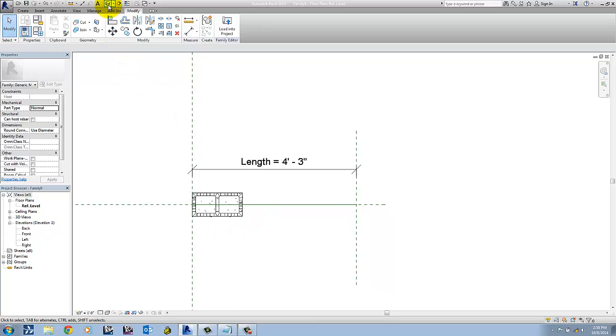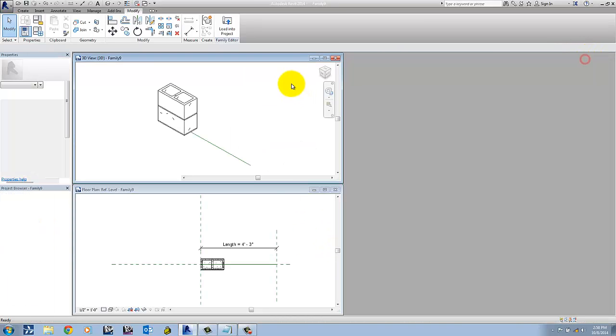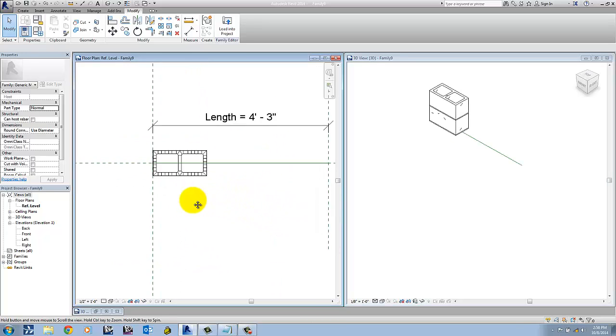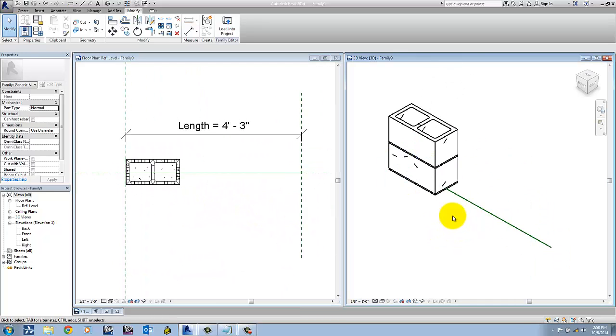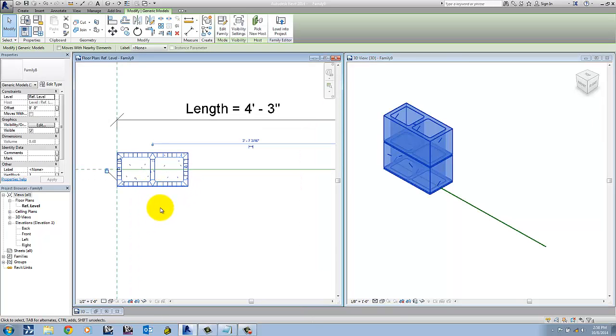All right, awesome. So let's look at this thing in 3D. That's my previous family. I'm just going to minimize it. All right, so there's my reference line, and there's my family, family 8, loaded in. So what I want to do is, obviously this instance length of this line base, that's what you draw, so it's like 4'3". I want to create an array and a formula that adds in the amount of blocks based on the length drawn. So I'm going to create another array here. I'm going to select this block